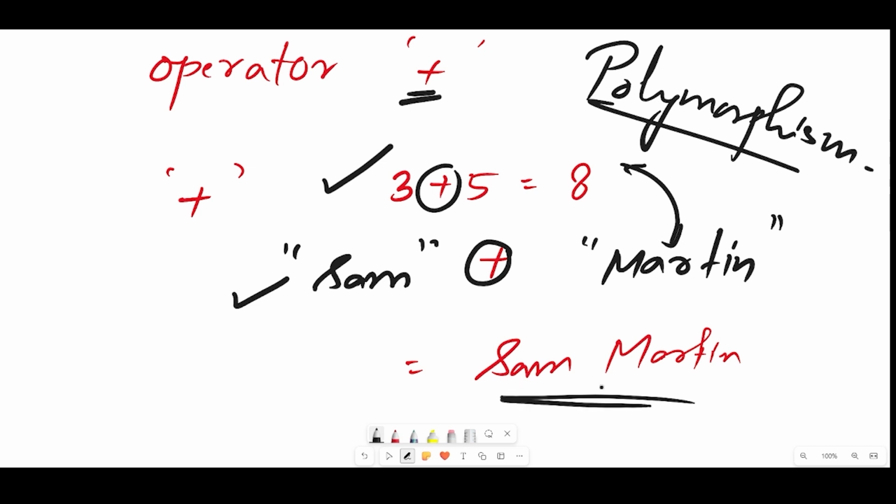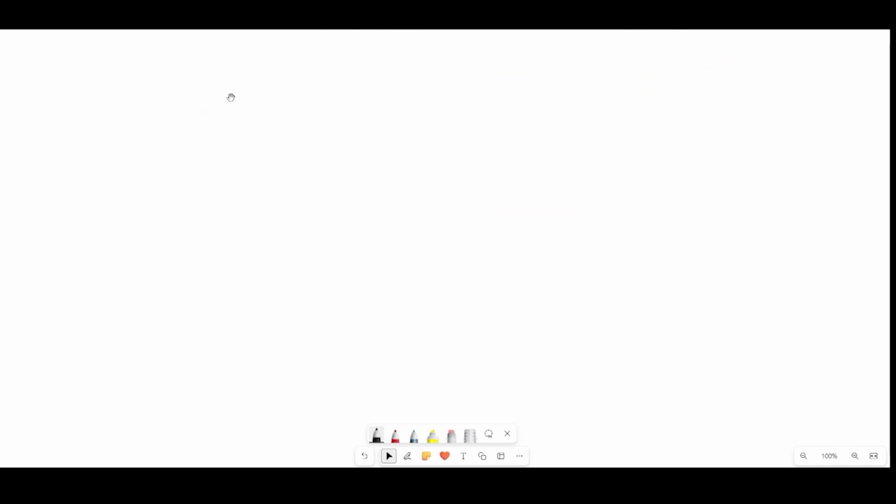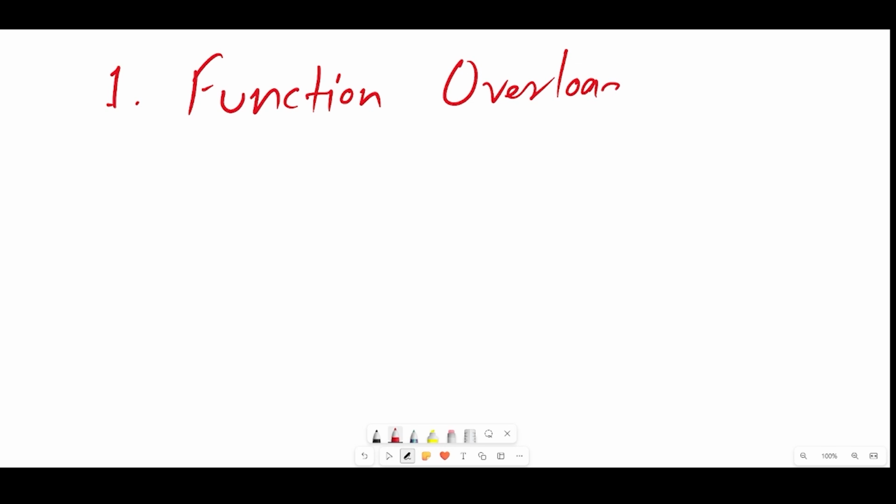Now, to understand polymorphism better, we have to know how polymorphism is implemented in C++. For that, we have four things. Firstly, when we apply polymorphism, you can apply it using any of these four types. We'll do an individual class on these points. I'm just telling you what points we have to learn in the future.